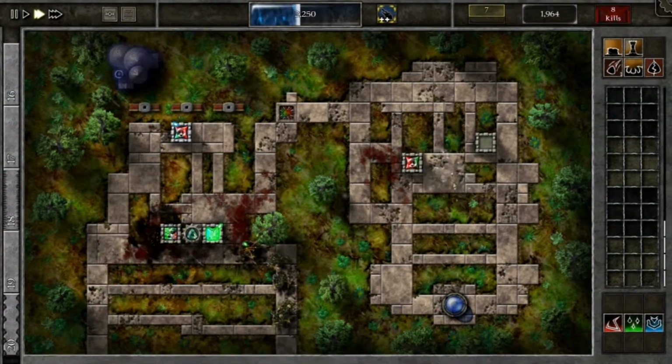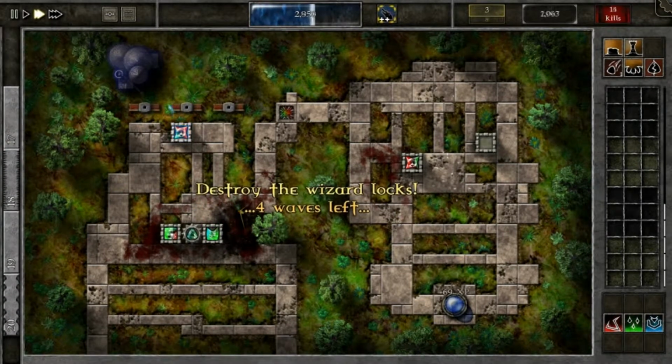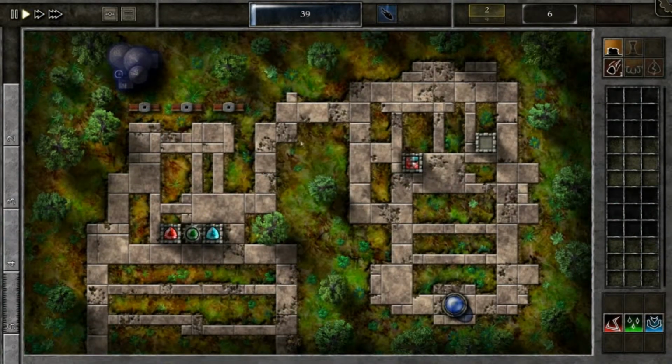Oh, and here, that apparition that was just destroyed, they'll randomly fly over in certain levels, and if you destroy them, it gives you extra skill points. Okay, so another